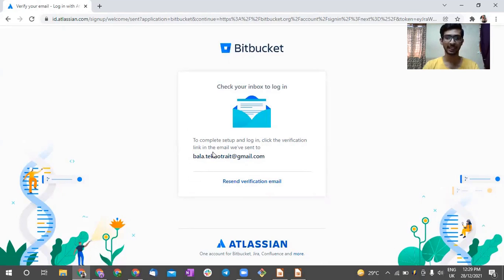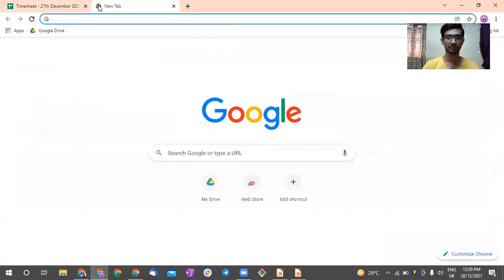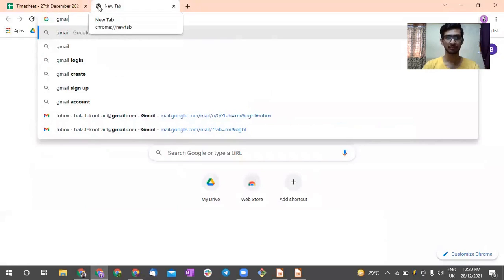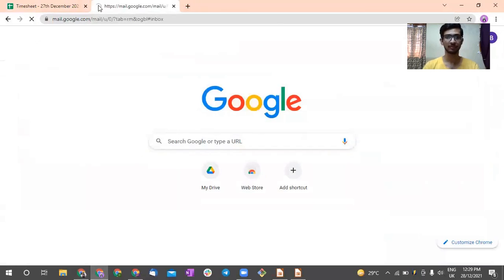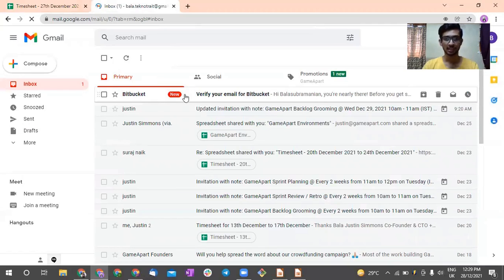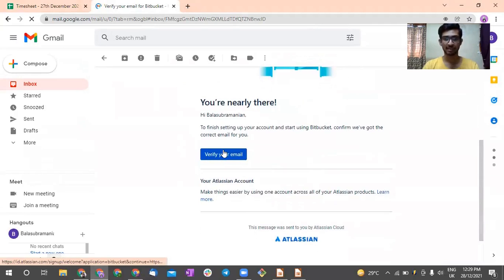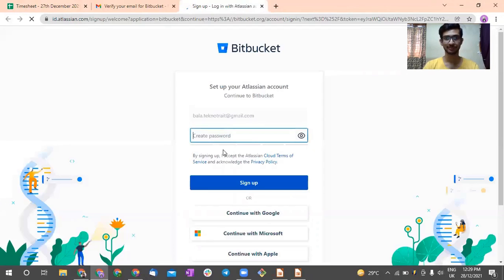I will be getting a verification mail. I saw an email from Bitbucket, so I'm verifying the mail over here. It is asking me to create the password.